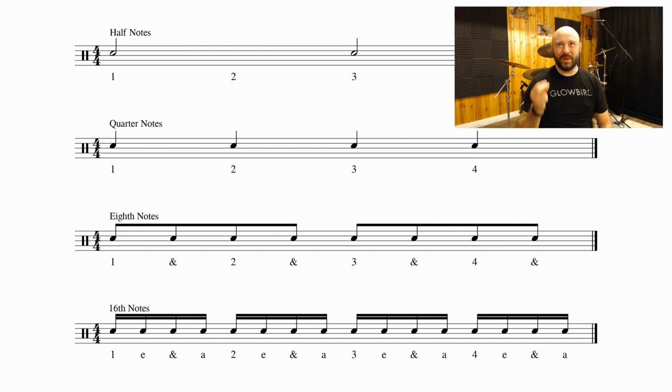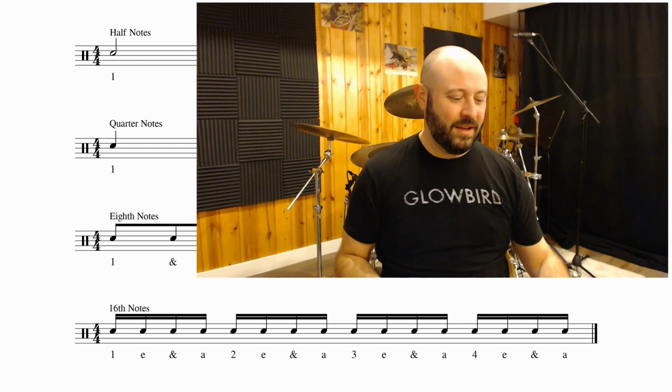So again, we can go from 1. Now let's do it with a click. This is at 65. 1, 2, 3, 4. 1 and 2 and 3 and 4 and 1 e and a 2 e and a 3 e and a 4 e and a 1. The ones always line up, the twos always line up, the ands always line up, and the thing that's cool